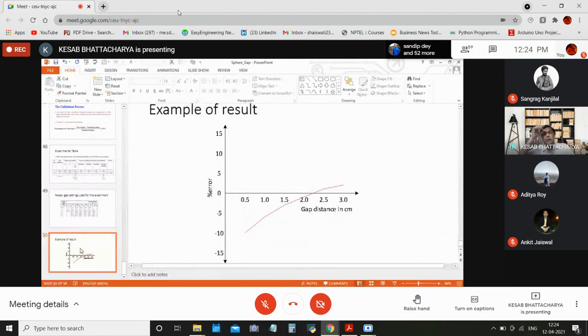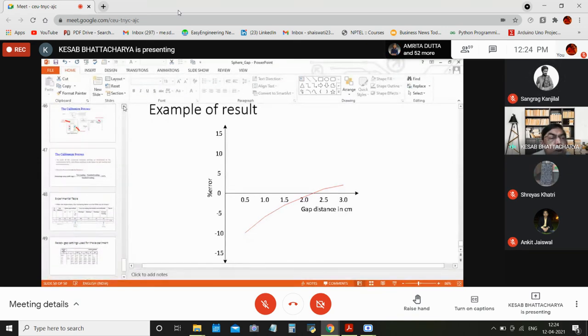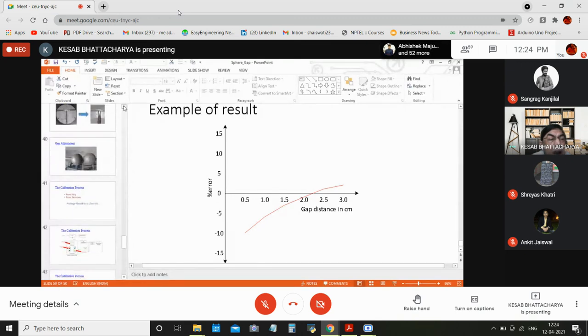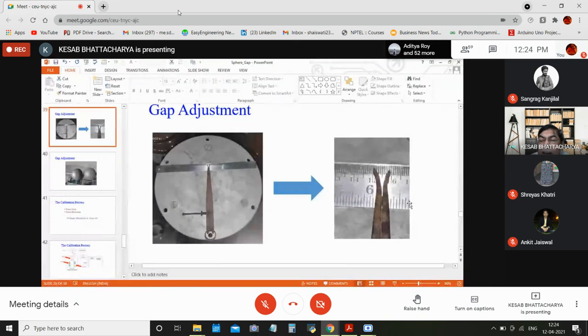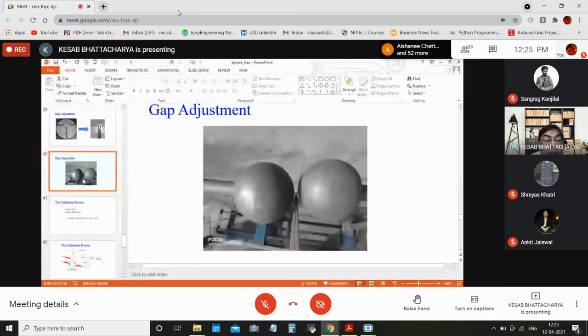This is the calibration curve which you have to finally plot. Okay? Yes, sir. And just 2 more diagrams. How the gap distances etc. are adjusted using this caliper. You have to measure the gap distance, then using this within the sphere you have to set the gap distances. That's all. So I stop here now. If you have any question, you may ask me.